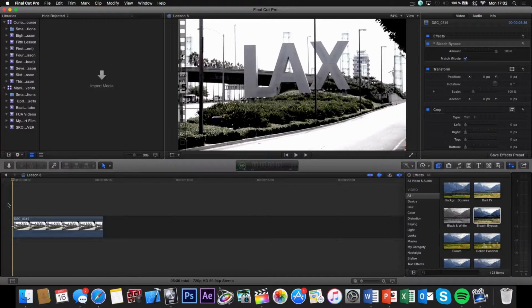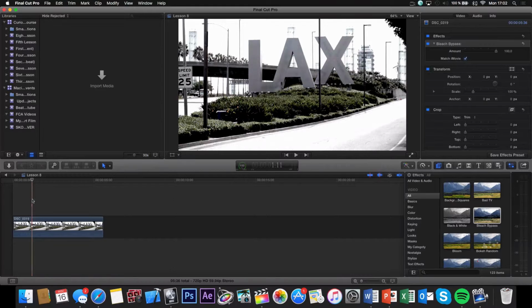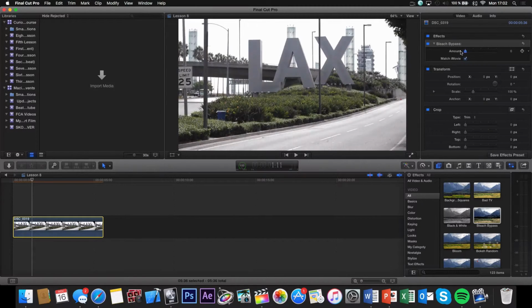So the next step is to find out when you want the effect to begin, and I'm just going to choose right here, and be sure that your footage is selected. Then go over to the effects menu and decrease the amount. Then click this little keyframe button right here,